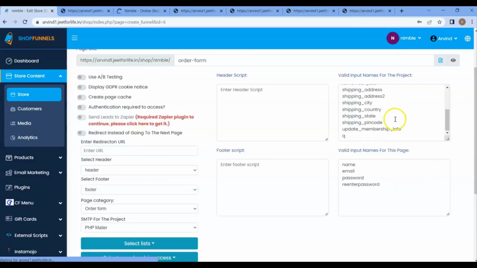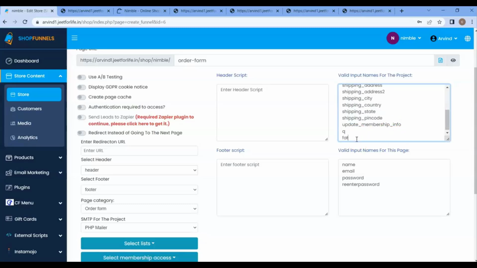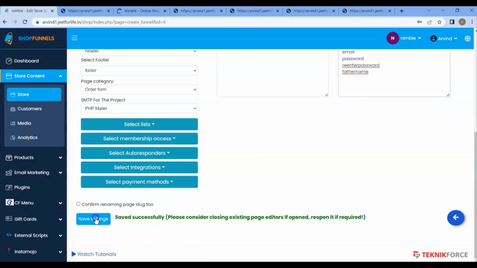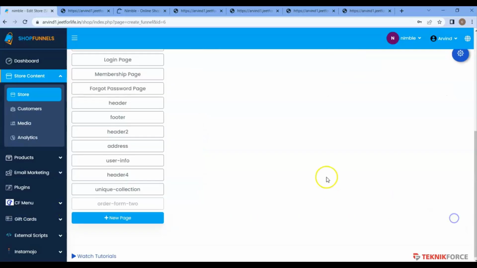And add it here on the valid input names for the project text box. And the valid input names for this page text box. And save the settings. And go back to the editor,